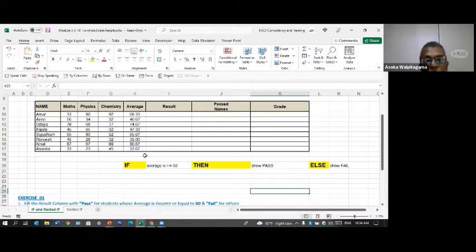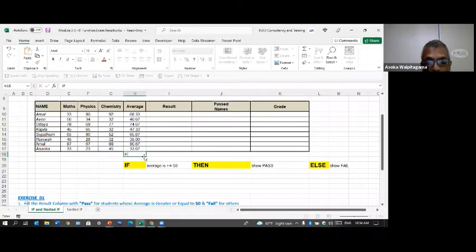The syntax of the if function is, the syntax means the format, if open bracket, logical test, comma, value if true, comma, value if false.